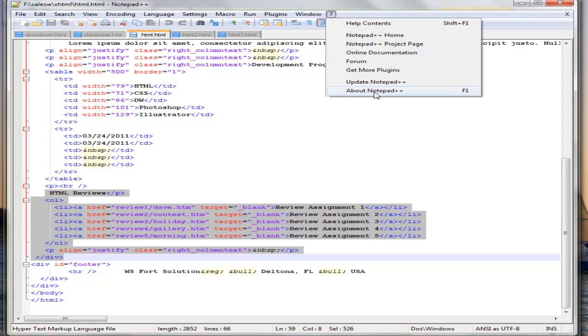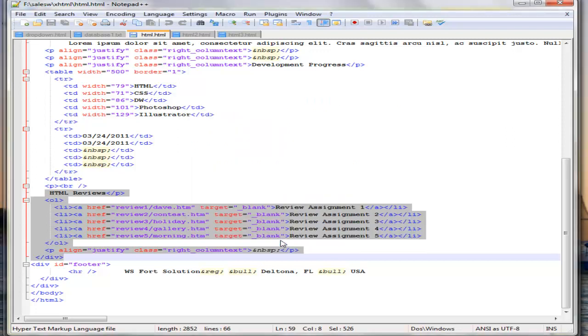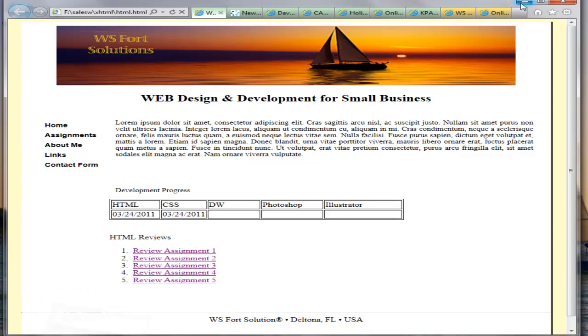About Notepad++, you got it here, notepad++.org. This is a free, great text editor. Extremely helpful. I cannot strongly emphasize how I love this guy. So, moving forward, if I had it right there, my HTML reviews and my ordered list, how do I go from here